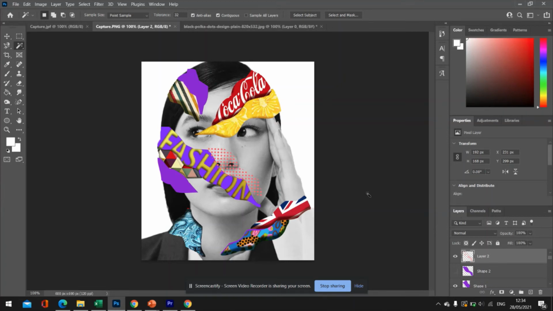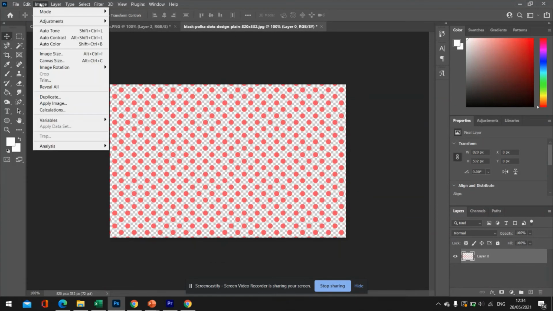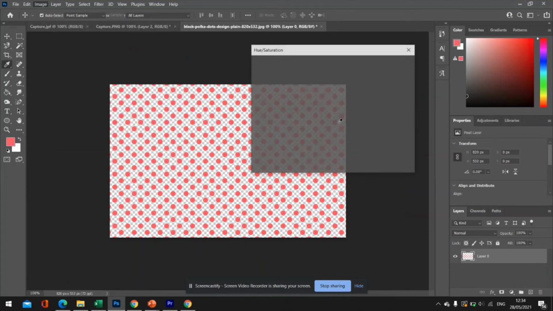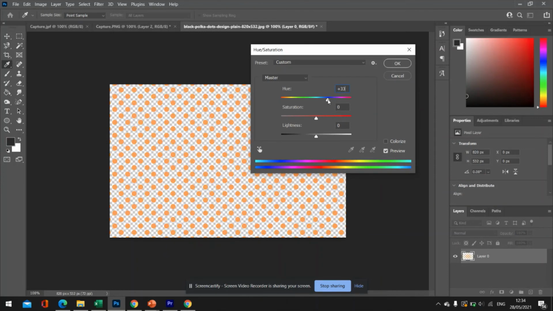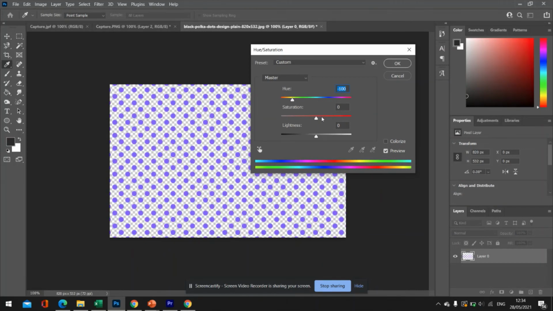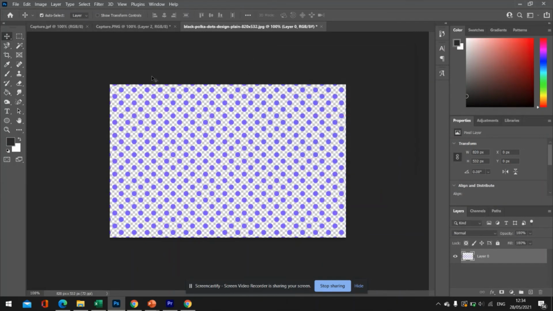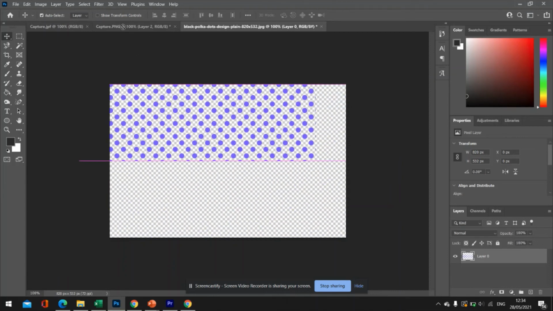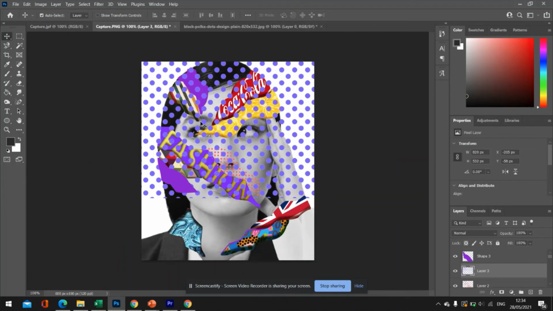So we're going to repeat that same process, obviously, over and over. So I'm going to go back to polka dots. If you want to change the colour, feel free to do so. So image adjustments, hue and saturation, and you can just kind of have a play around with what colour you want it to be and how intense you want it to be. Click and drag into my image, Control T to scale,